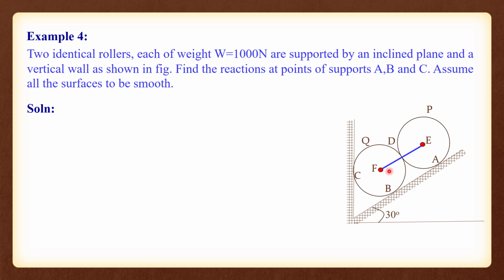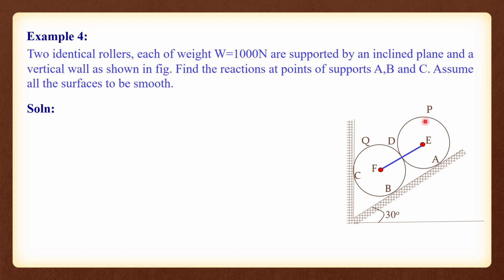Okay. Now, in this particular question, you are asked to find the reactions at supports A, B and C. If you want to find out the reactions at supports, we need to draw the free body diagram of the rollers first. So here, since there are two rollers, we will consider each roller separately. So which roller will we choose first for solving? That is one of the important questions. So it is always better to choose that roller where the number of unknown forces will be minimum. So we need to find out how many unknown forces are acting on each roller.